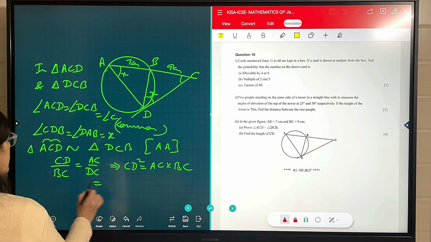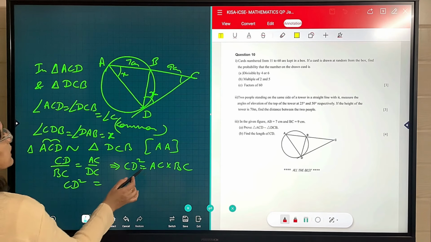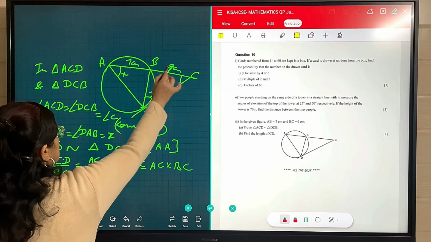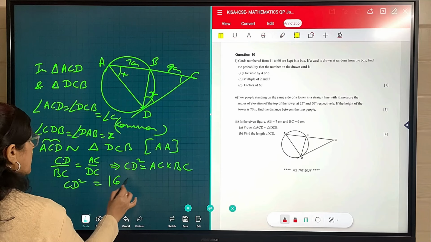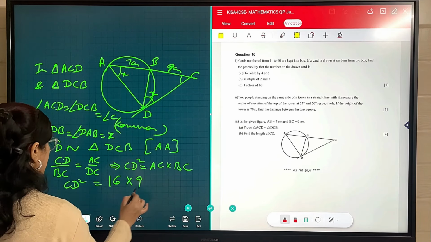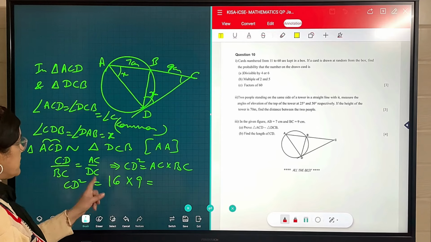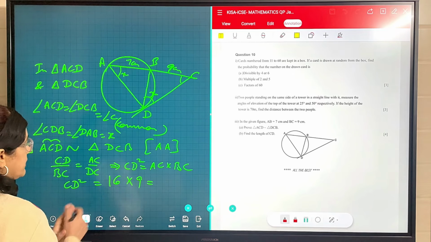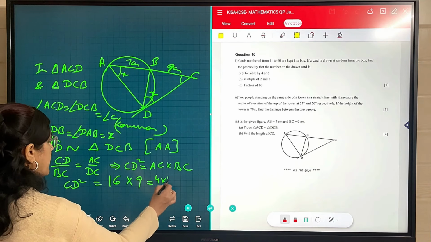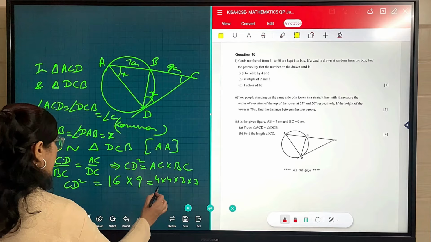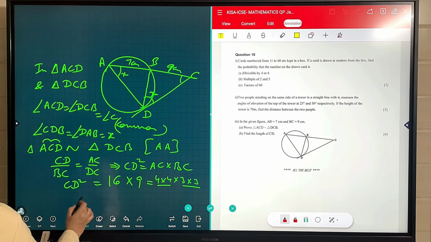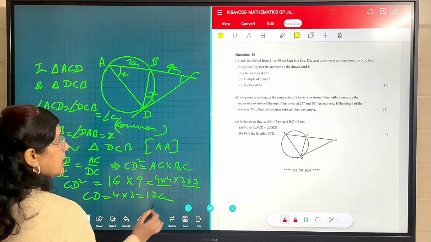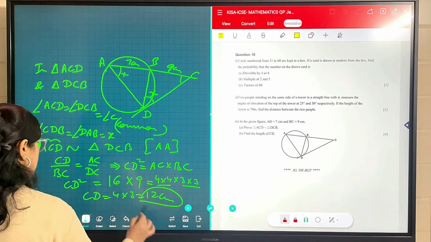Now whatever is given in the question, it is equal to CD square. Now AC is total equal to 9 plus 7. It means 16 and BC is given as 9. So I have earlier told you that whenever we have to take the square root of a square, we have to break it into prime factors. So for 16 it is very simple, it is 4 and for 9 it is 3. So from one pair we will take one outside for CD square. So CD is equal to 4 into 3. It means 12 centimeter is the length of CD. This is our answer.